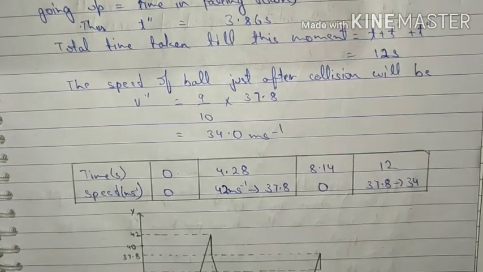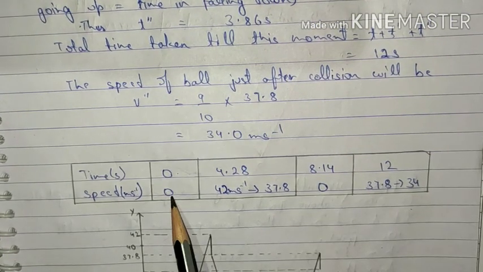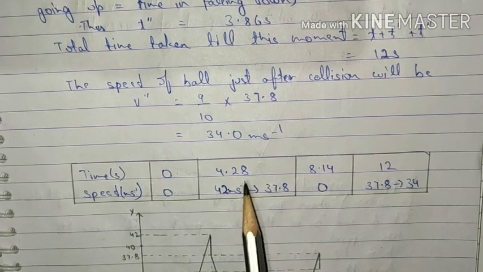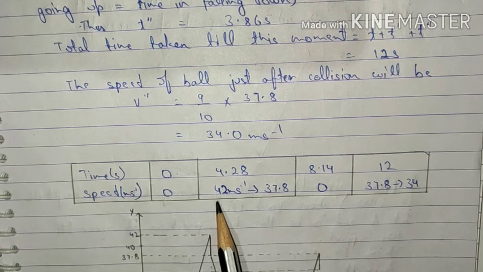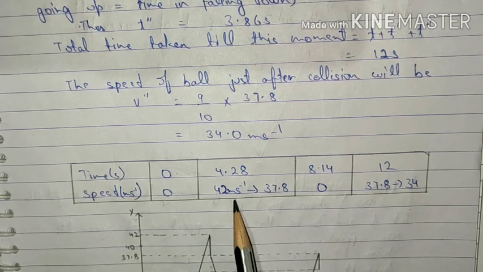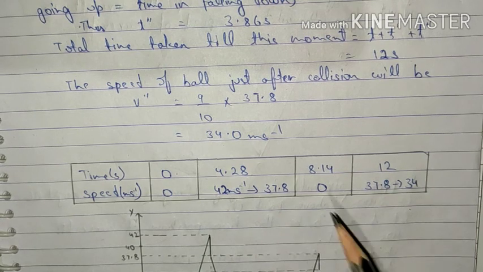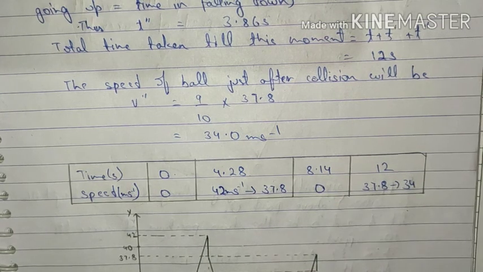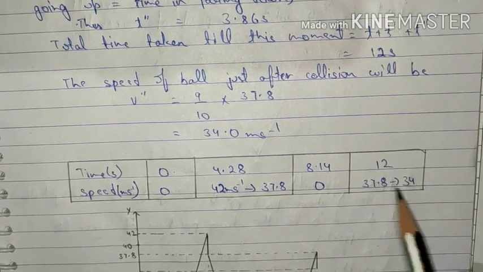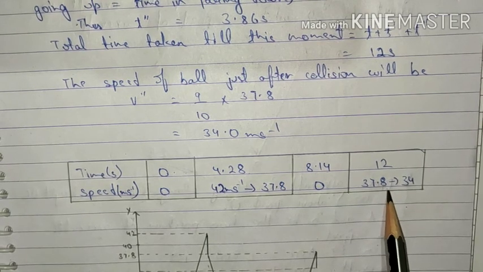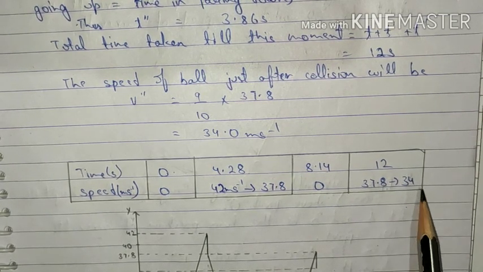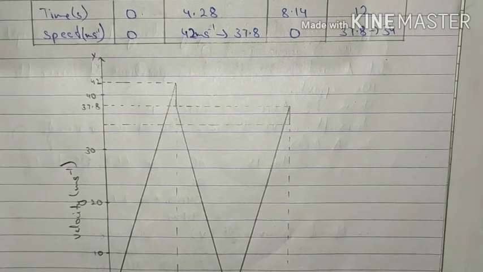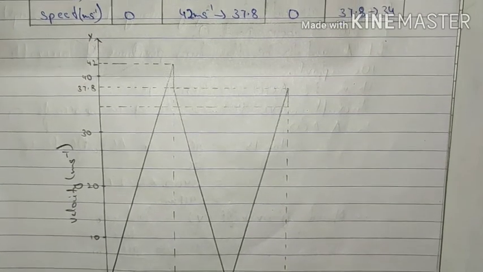So the overall values that we have are: when the time was 0, the speed of the ball was 0. When the time is 4.28, we get two values. Just before the collision it was 42 meters per second, and just after the collision it is 37.8 meters per second. At time 8.14 we again have the velocity as 0. At time 12 again we have two values, 37.8 meters per second just before the collision and 34 meters per second just after the collision. So taking these values and plotting them on a graph, we get